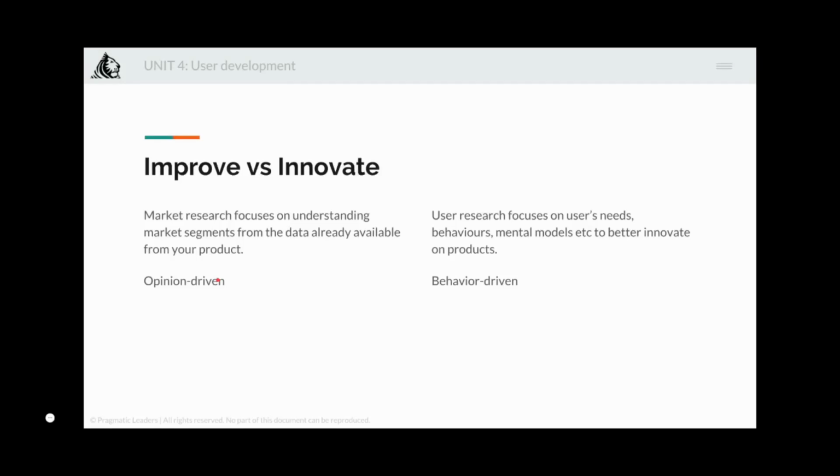So market research focuses on market segments and understanding from the data itself. From a product perspective it just helps you understand how to make things better for what is already working, जो काम कर रहा है, जबकि यूजर रिसर्च में you are focused on understanding why people are using it the way they are using it, and then innovate on top of that. ठीक है? So for example,